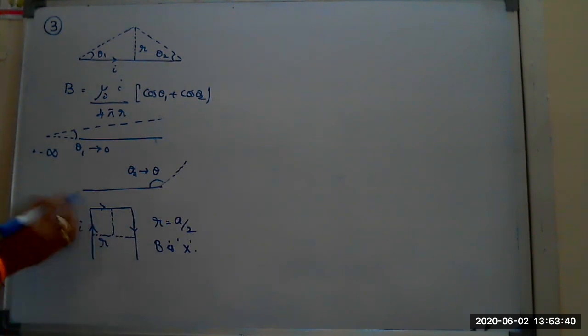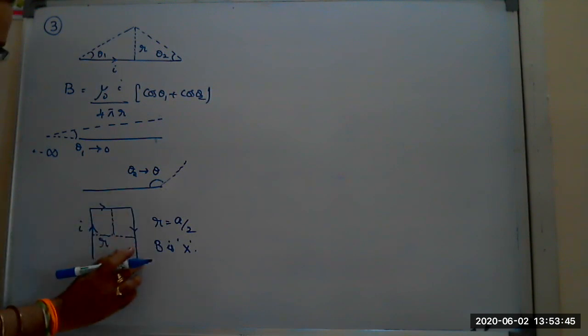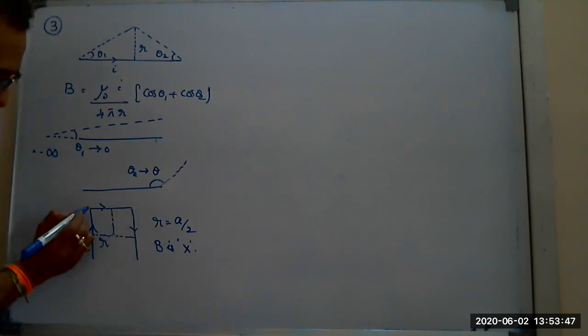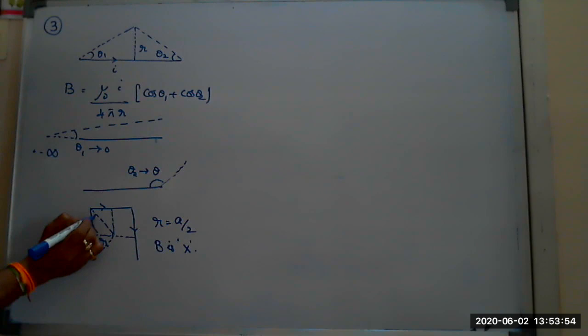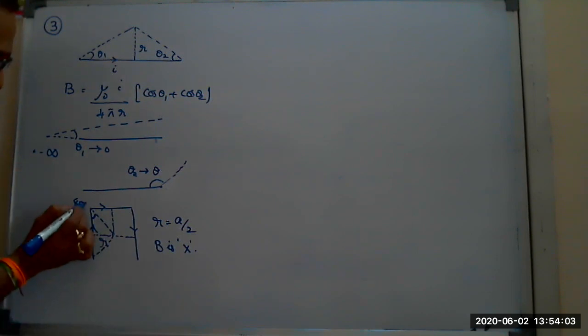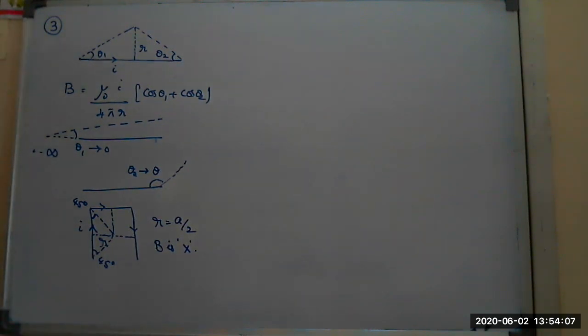And number 3, here any part of the wire out of the three parts, since all the three have the same length and produce a magnetic field in the same direction, any part is making an angle, since it is a square, part of a square. The diagonal bisects the angle 90 degrees, and these two angles should be 45 degrees. Now you can start the problem based on the concept.